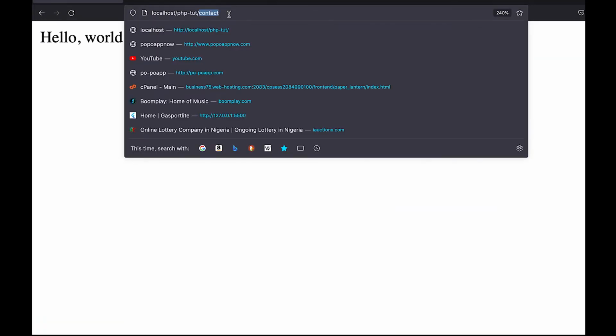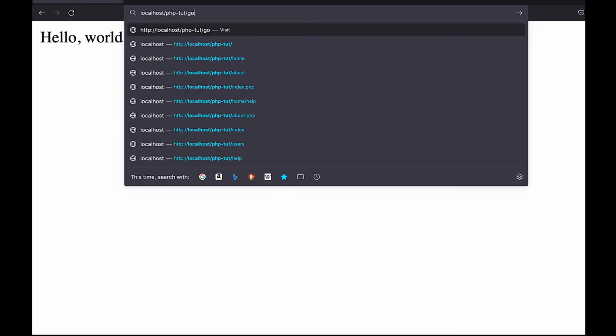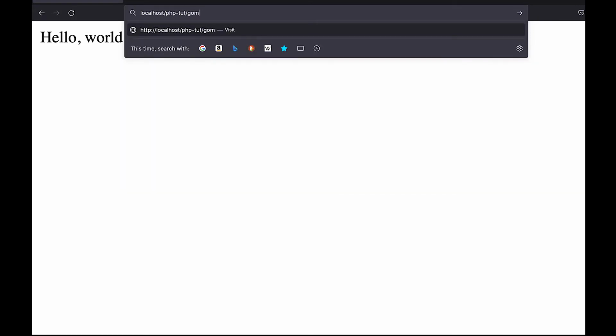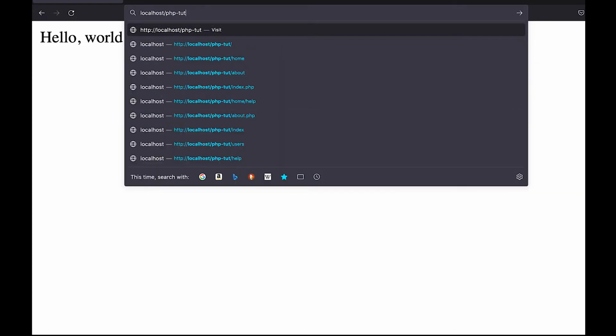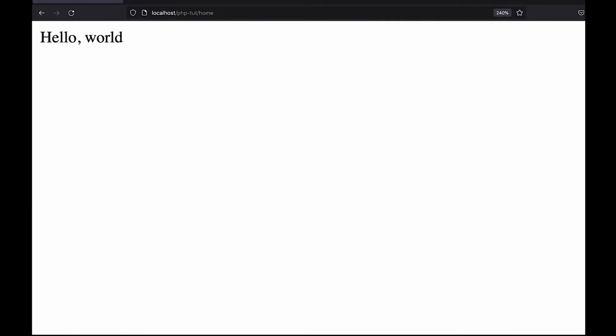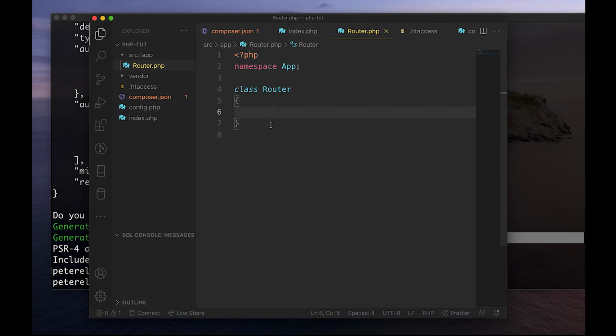So if I type in home, then we want the user to visit the home page. The router takes the responsibility of deciding that for the user. So let's go ahead and create the first